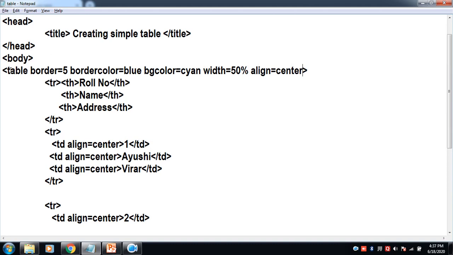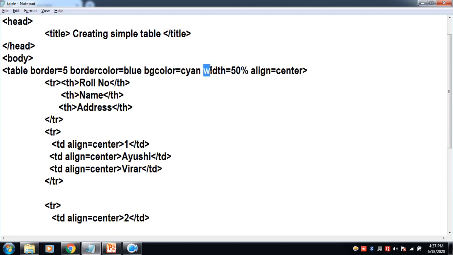Within the table tag, I have the first attribute, border. Give a space to add the second attribute. Bordercolor, we set it to blue. See, there are no spaces over here. You will give space only when you start a new attribute. Then we have the bgcolor.